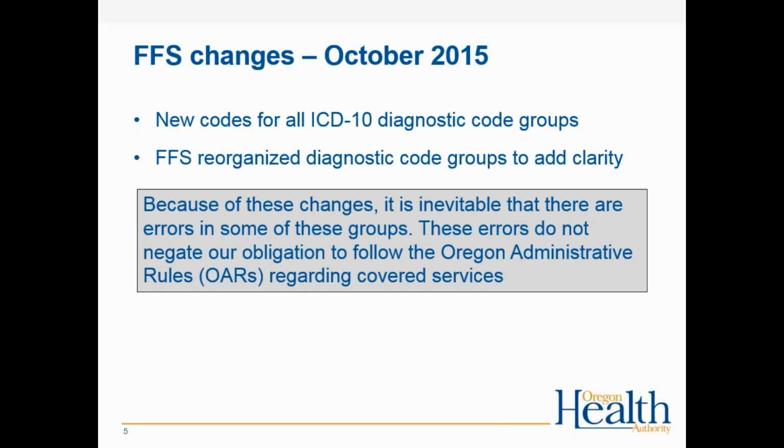errors. Would they bring them to our attention? Is that okay? Just want to clarify a little bit on that. Yeah, so bringing them to our attention should go through the provider service groups for fee-for-service, and then if it's a CCO claim, through the CCO to the account reps and to policy. Okay. Kind of the pathway. And there's a lot of work going on internally as well in making sure that those code groups are accurate. So please do know that there's a lot going on internally, but if you come across something, we would really like to know about